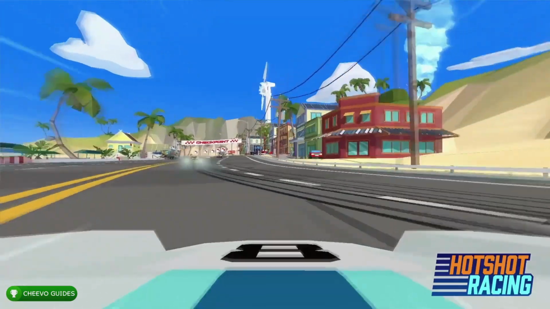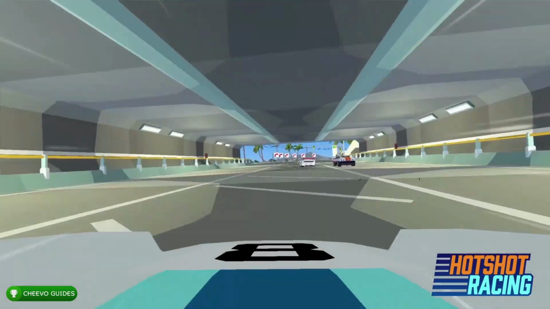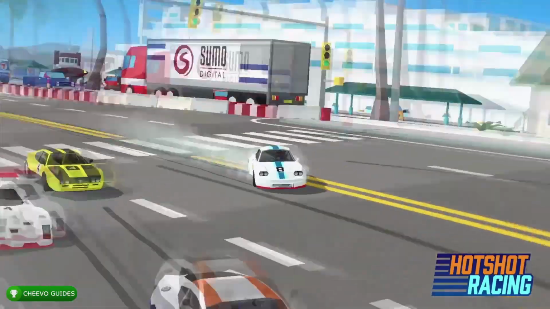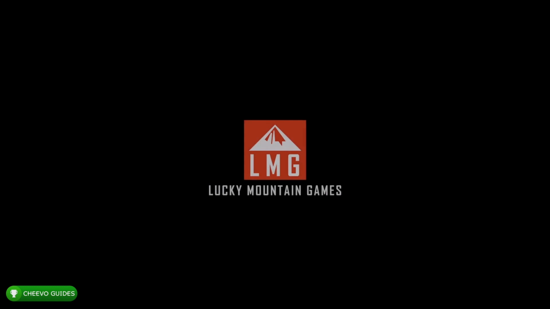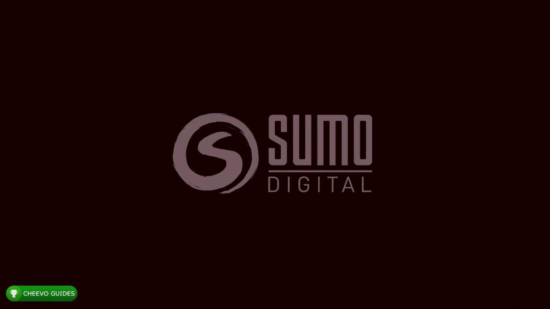Today I'm going to be showing you guys some beta gameplay for Hotshot Racing on the Xbox One X. Now I know this is going to sound crazy, but the development for this game first started in 2010, 10 years ago. This game was published by Curve Digital and it was developed by Trevor Lay and his studio Lucky Mountain Games. Now eventually in 2018, Sumo Digital jumped on the project as well to help with some of the